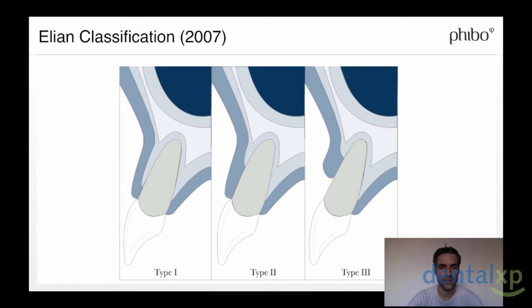the bone and the soft tissue in place, you don't have a recession of either. The type 2 is when you have the soft tissue in place but you have a recession of the bone, and the type 3 is where you have the recession of the soft tissue and also the recession of the hard tissue. So with immediate implants, we should be very cautious performing them in a type 2 alveolus. There are some techniques that we are not going to talk about today. We are going to focus on type 1